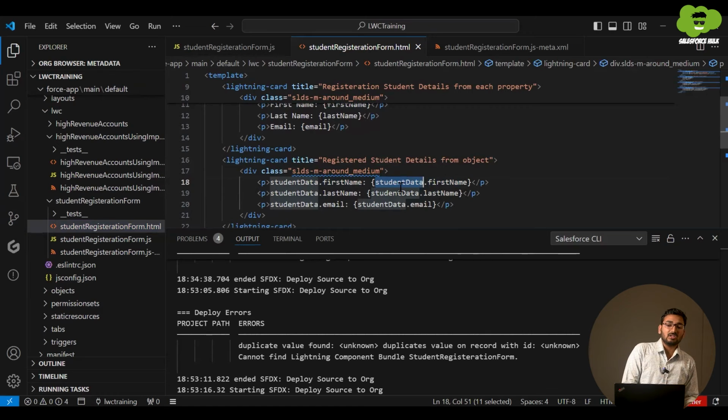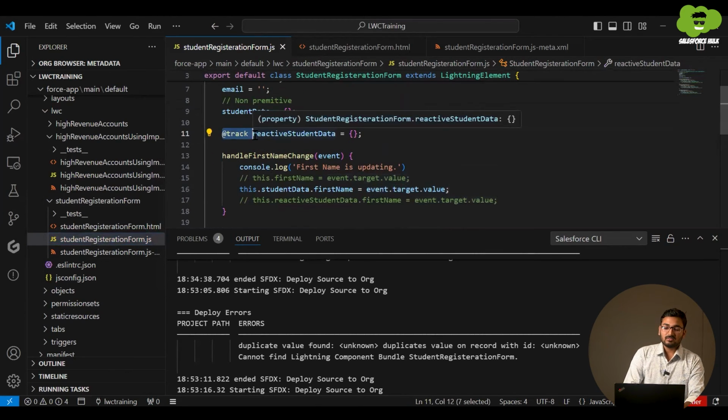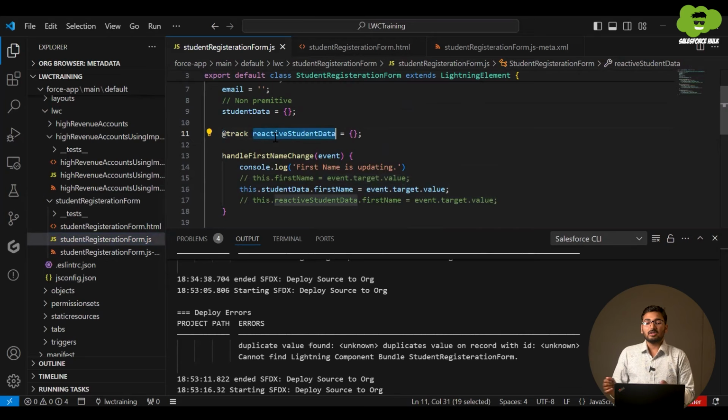That's what I was saying from the very beginning, that with properties like arrays or objects, whenever we make changes in them, they do not get reflected. For making them reflect over the UI, what we need to do is use @track. So let's see this reactive student data property, how it works, or is it working properly or not.